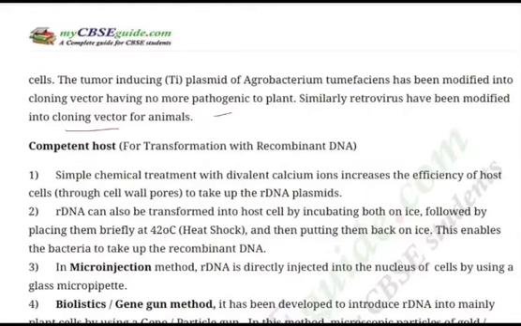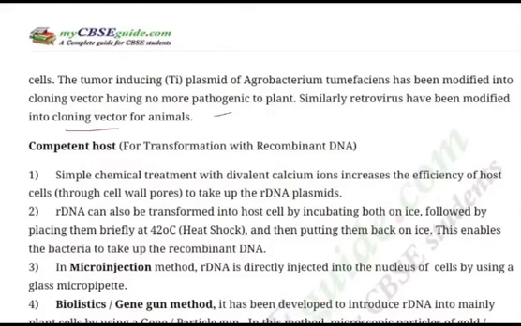And then we go to the next one, characteristics of a cloning vector. What should be the characteristics of a cloning vector? The desirable characteristics of a cloning vector are, first, it should have an ori, origin of replication. It is a sequence from where replication starts. The replication occurs inside the host cells. A prokaryotic DNA has a single origin of replication, while eukaryotic DNA may have more than one origin of replication.